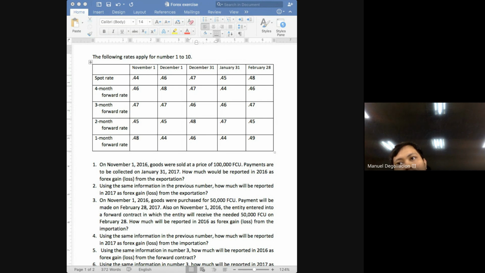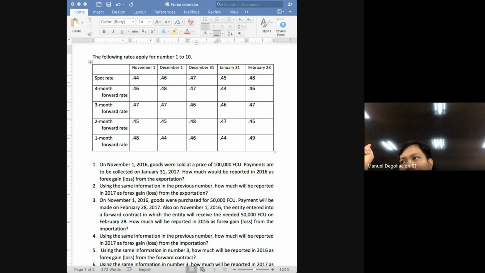But of course, class, you will have to understand that just because the balance increases doesn't mean it will be a gain. In this case, it's a gain because what increased? It's a receivable. On the opposite end, class, if you are the importer, the buyer, if your accounts payable increases, if your liability increases, will that be a gain on your part, class? No, it will be a loss. But that should not be difficult to figure out, because the balancing figure there would be on the debit side. And of course, a loss has a normal debit balance.